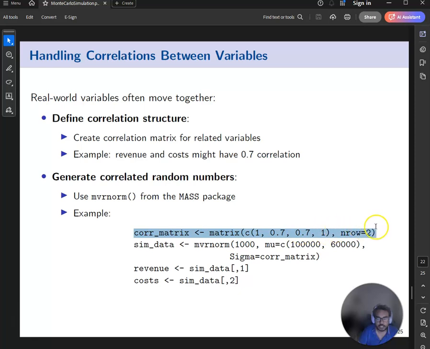First I define the correlation matrix, which is going to be 1, 0.7, 0.7, 1, and then I generate data which follows a multivariate normal distribution, with 1,000 observations. The means are 100,000 and 60,000, and instead of defining specific standard deviations, I'm going to plug in the correlation matrix. Suppose I am generating revenue and cost this way, and it's fair to believe that revenue and cost are correlated. This is one way of